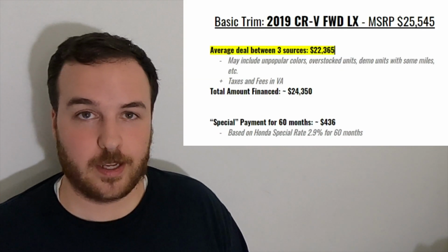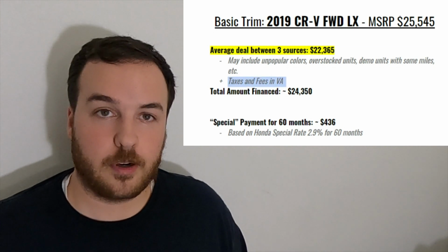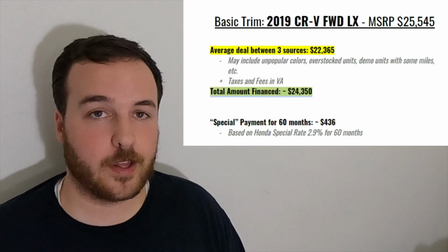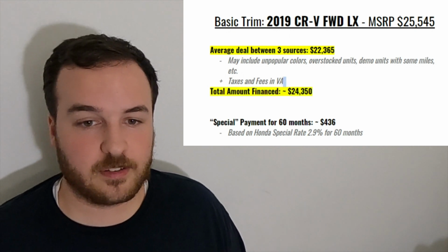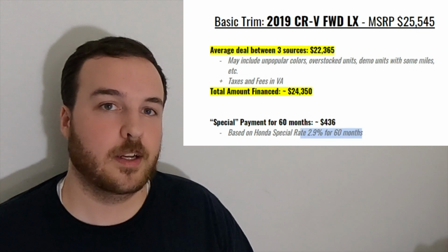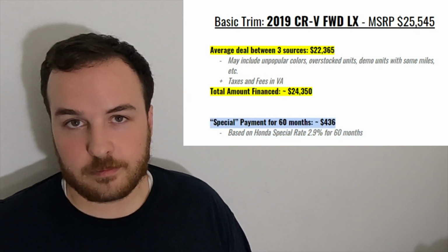But for the pricing and everything, I was looking at the most basic model in front-wheel drive, the LX CRV in front-wheel drive, because I'm trying to keep these cars that I'm comparing it to all apples to apples. Of course, when you go up to different options and things like that, it's going to be a little different. The same idea applies. You just go ahead and look at the research on that specific car, make sure you're including the options that you want, because you're going to have to pay for those, but you can get a deal as long as